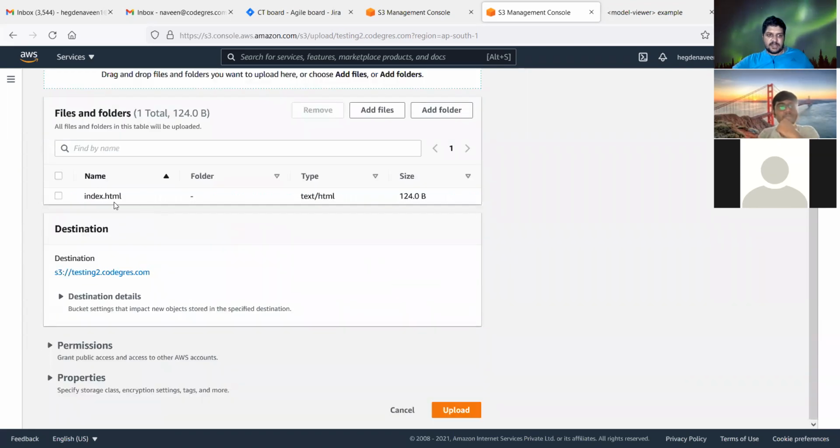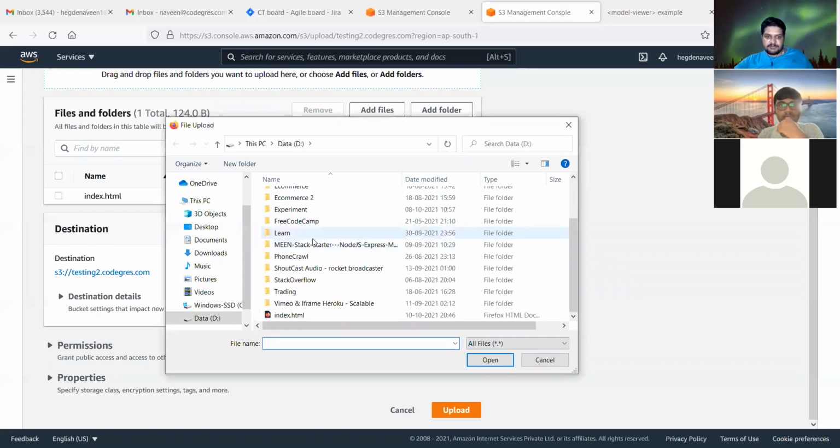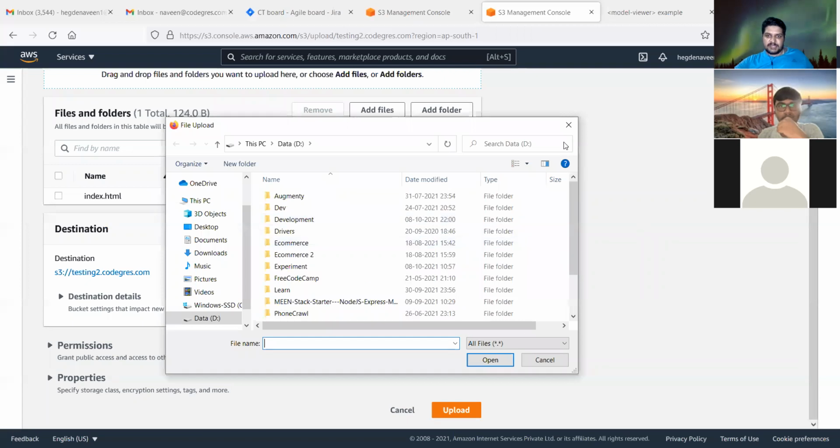You can have other assets as well. If you want to add the build folder, you have to manually add everything, or just add folder. In this root, the index.html should be there, along with all the relative paths. If you upload the build folder, it will create a build folder with everything inside it, so instead go to add files and select all the files inside the build folder.